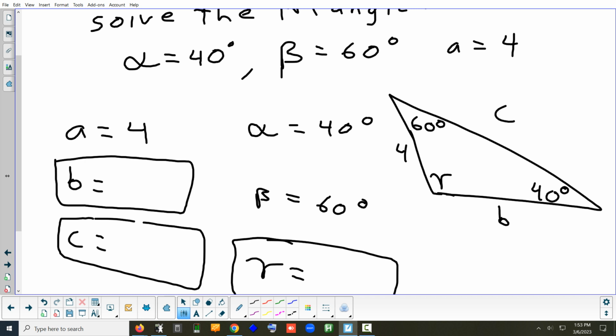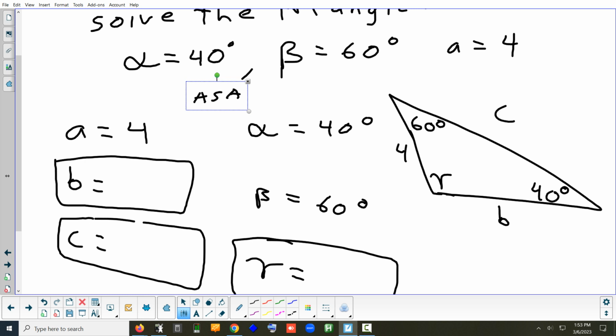All right, so based on the information there, can somebody describe to me what kind of triangle this is using 3 letters? Oblique. Obtuse. 3 letters. Yep. Angle, side, angle, side, angle. I agree. It is 2 angles and a side, but